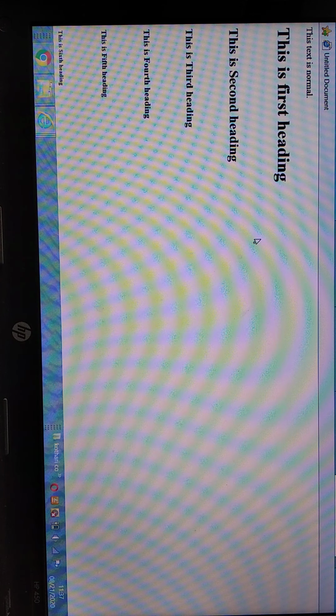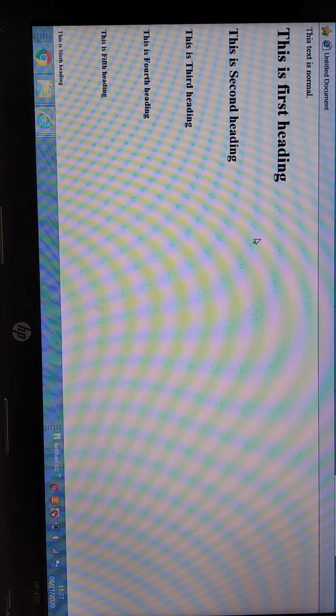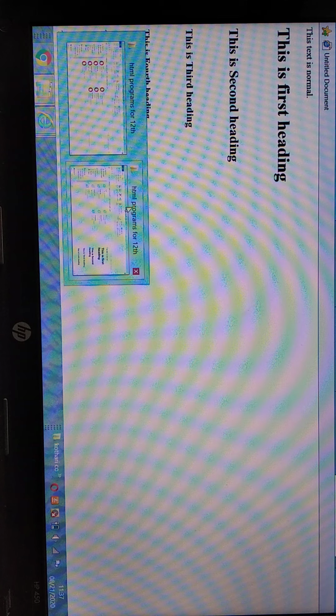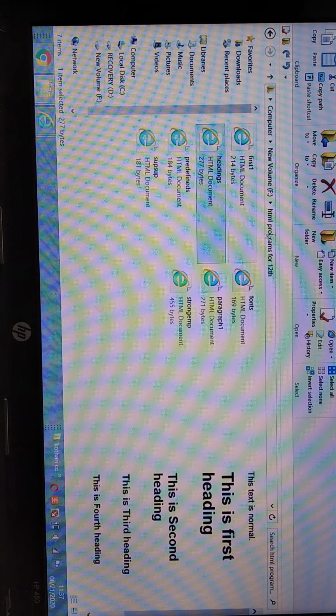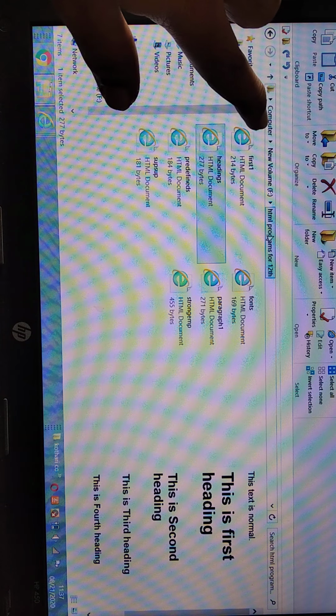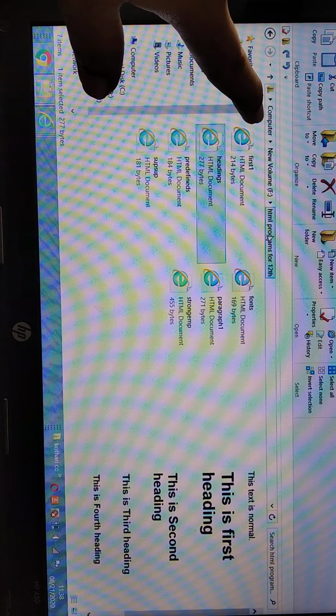For watching the coding part of that web page, I am opening the file that I have saved inside the F drive. In the last video we saw how we can create our program inside our computer.